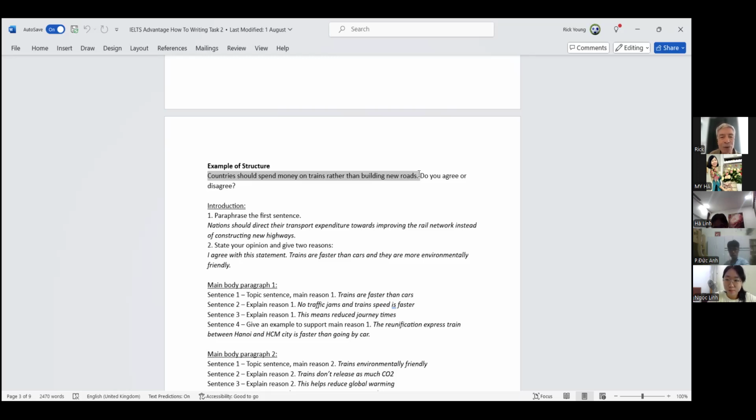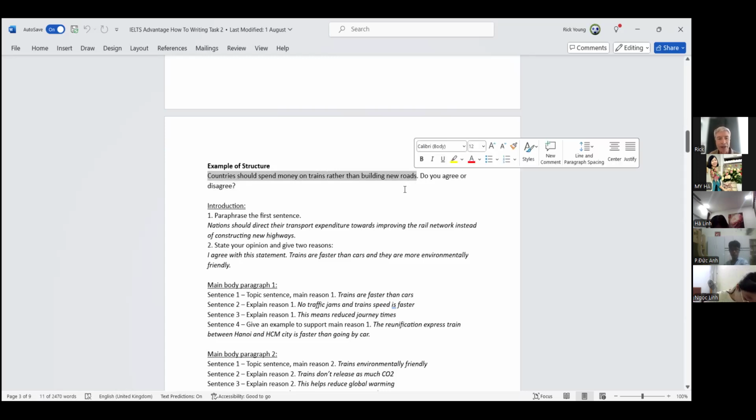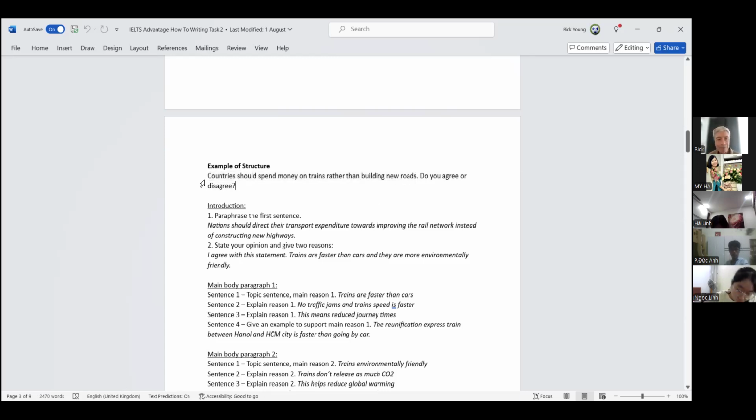It's a very formal word, but the first sentence of any of these essay questions is always called the thesis statement. And you are right, this is what you paraphrase for your introduction. So you can see here,